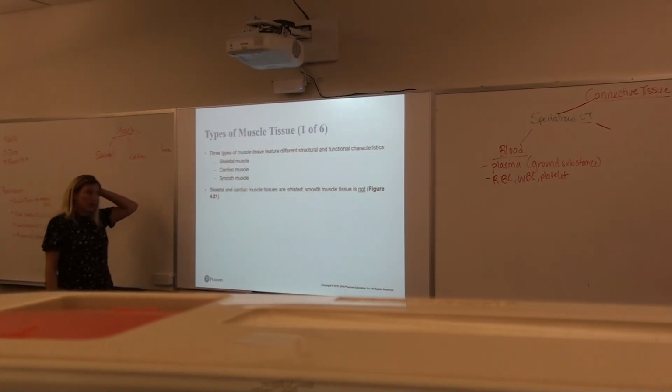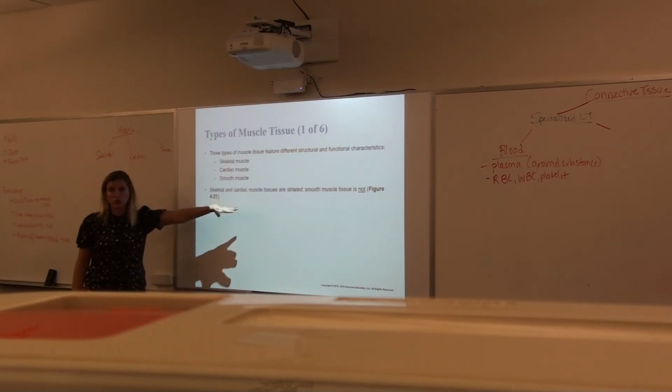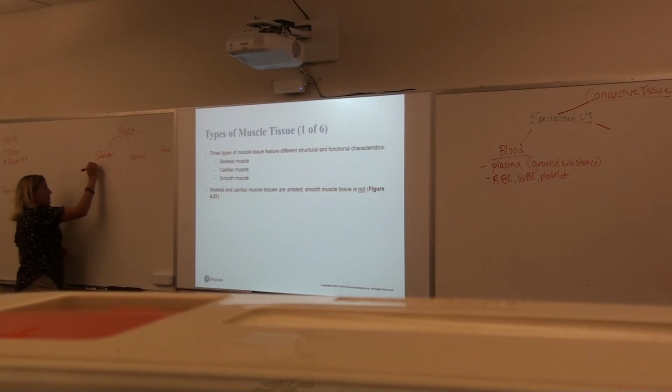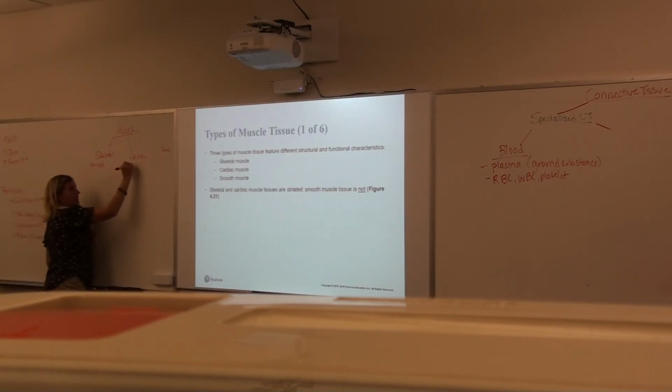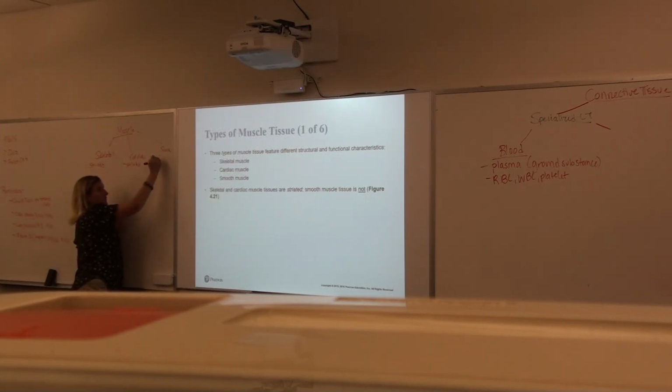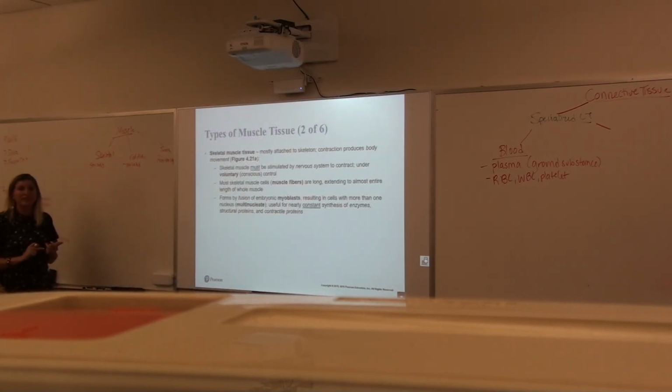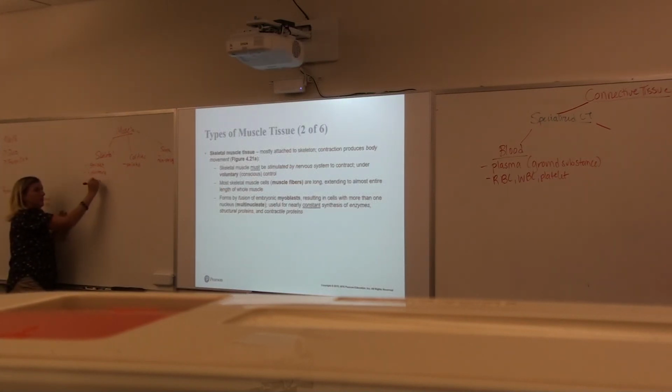So skeletal and cardiac muscle tissues are both striated, whereas smooth muscle is not. So we can add that here if you want, striated, striated. And you can call smooth muscle smooth, or you can call it non-striated, it doesn't matter, as long as you understand the fact that it does not have stripes when you look at it under the microscope. Skeletal muscle is voluntary. You can choose to contract your skeletal muscles. Our skeletal muscle is also multinucleate, which means there are several nuclei in